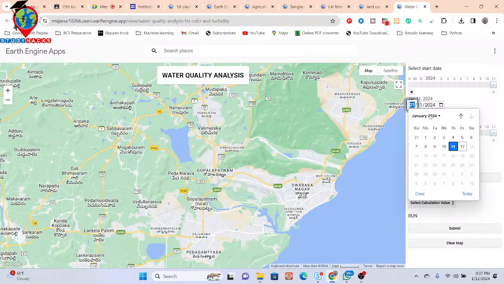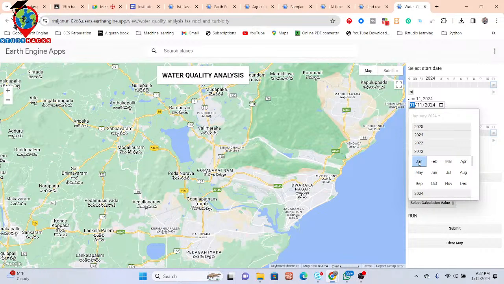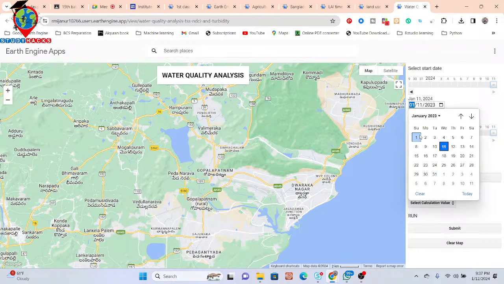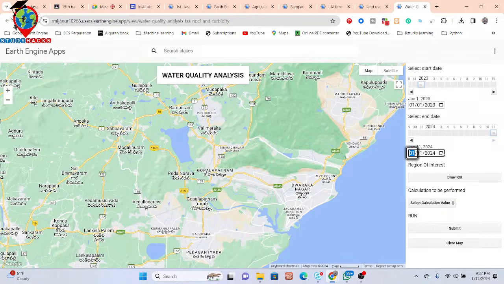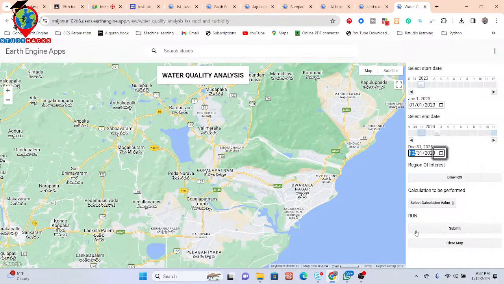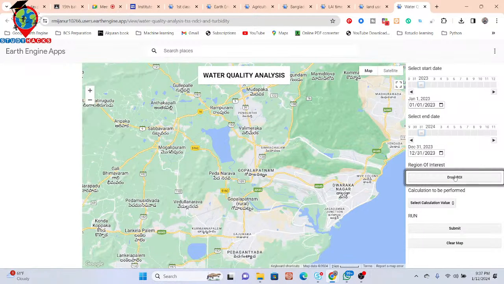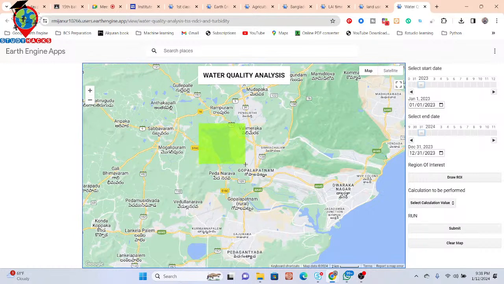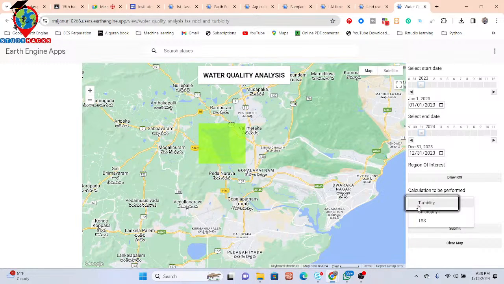your time period. Suppose I put my time period from 1st January 2023 to December 2023. So I get the total one year of data from here, and then draw your study area, draw the ROI and simply select your study area. Suppose this is the water body I want to observe, and further you can simply click on the turbidity and